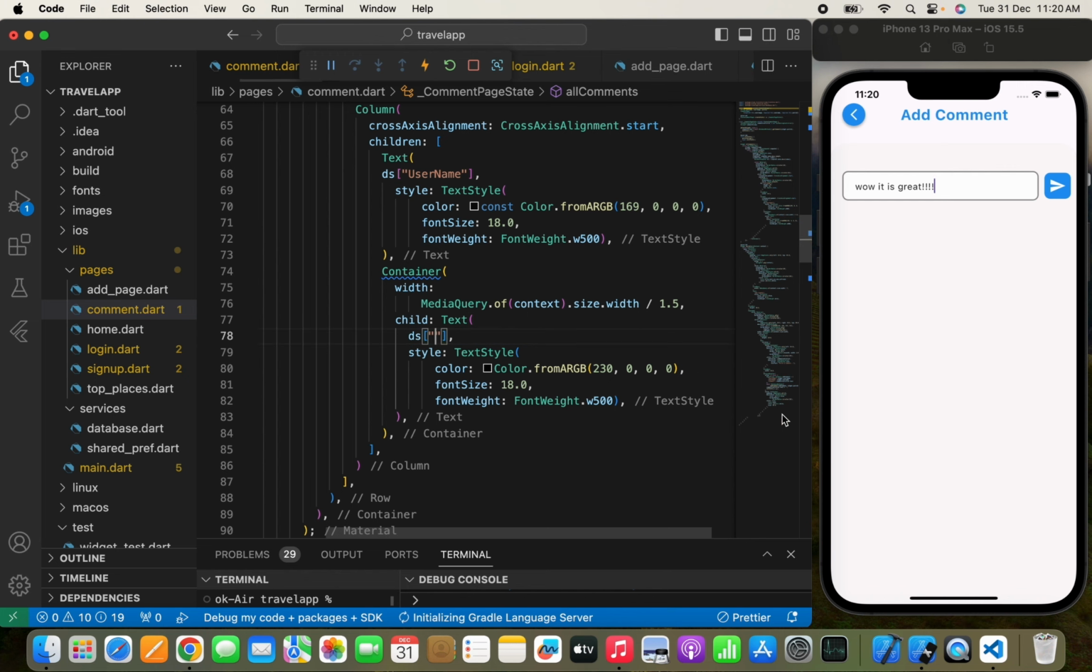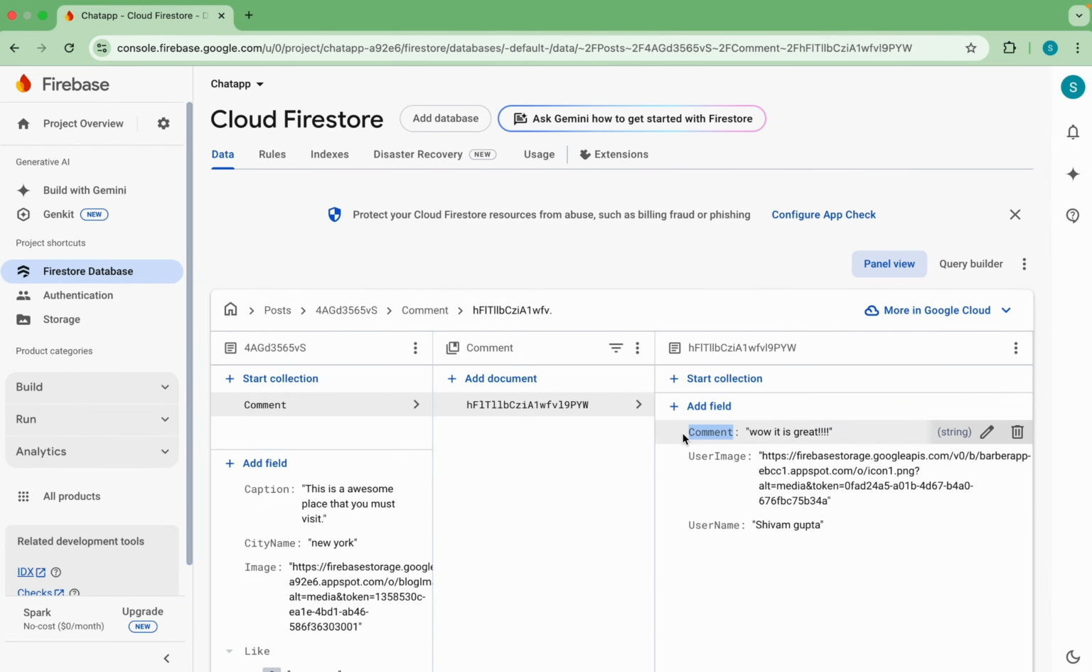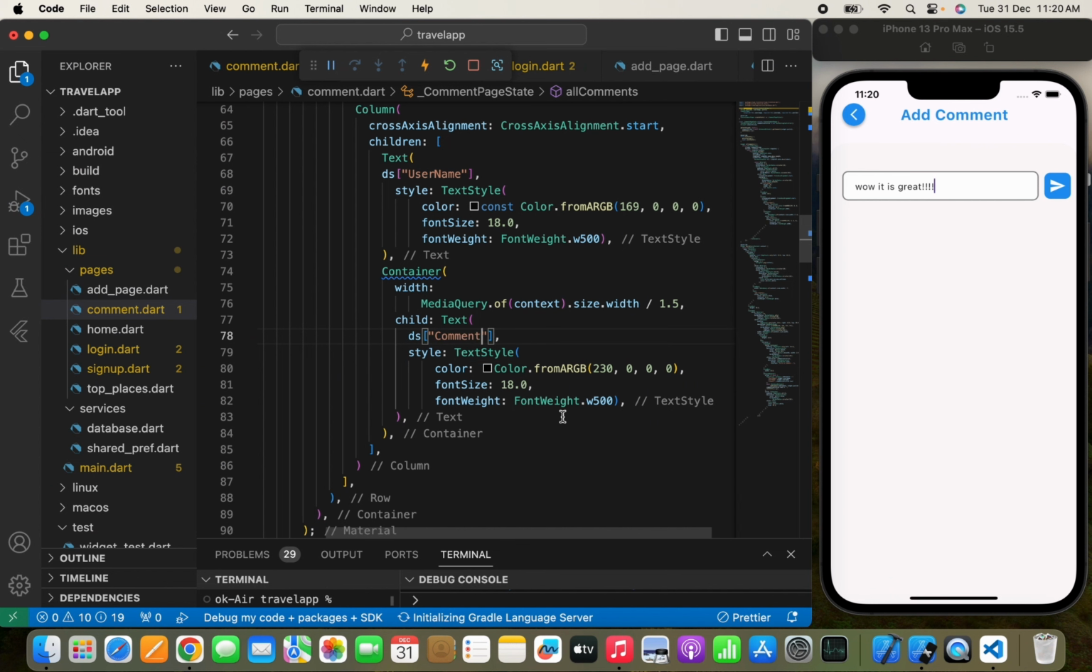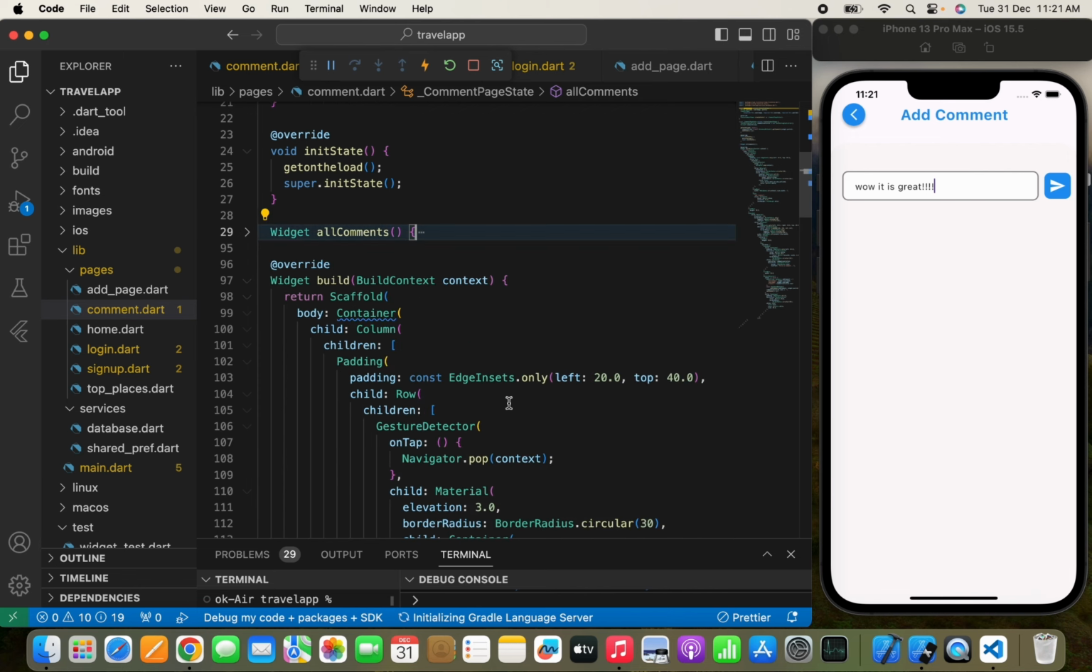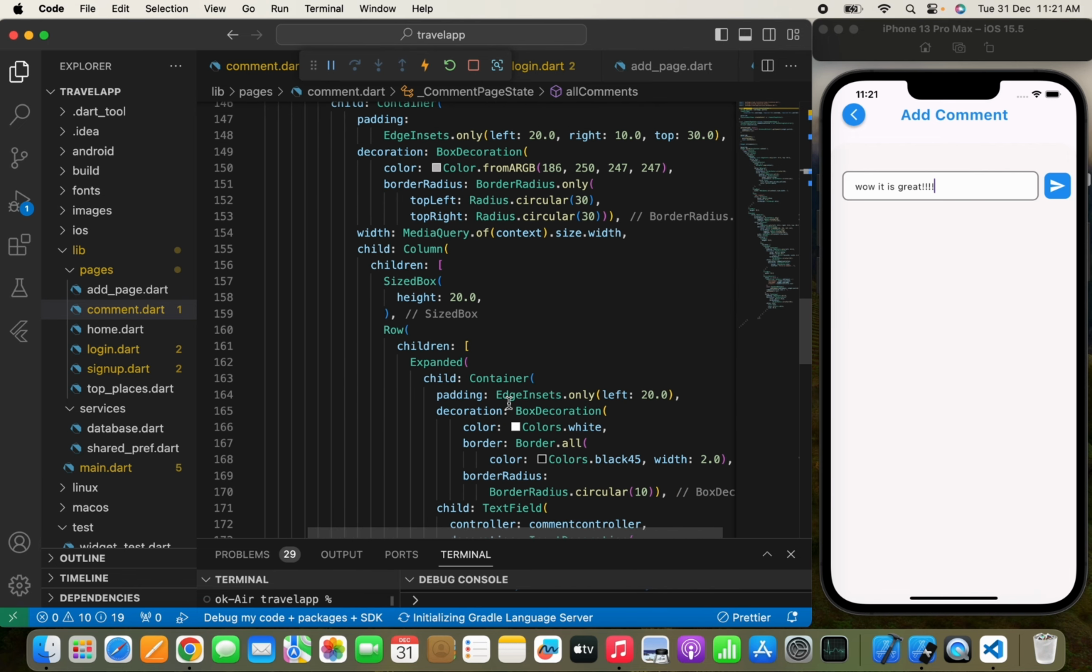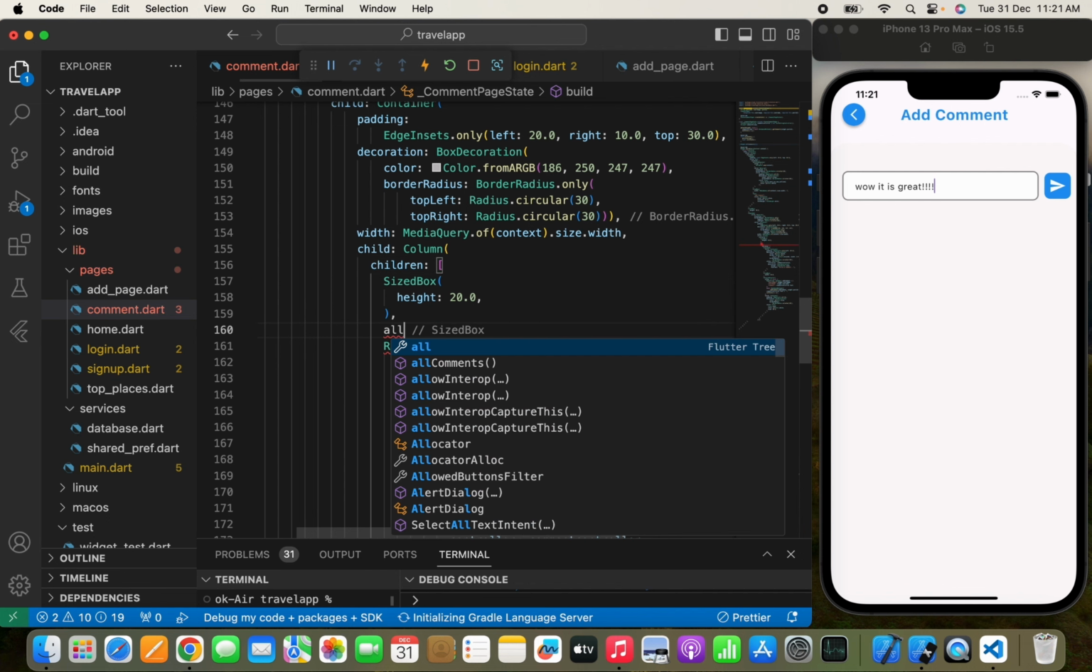So write ds and a comment, which is this comment. So copy this, paste it over here. Yeah, so here it is, and now we can simply call this function, which is all comment, which is over here, all comment,